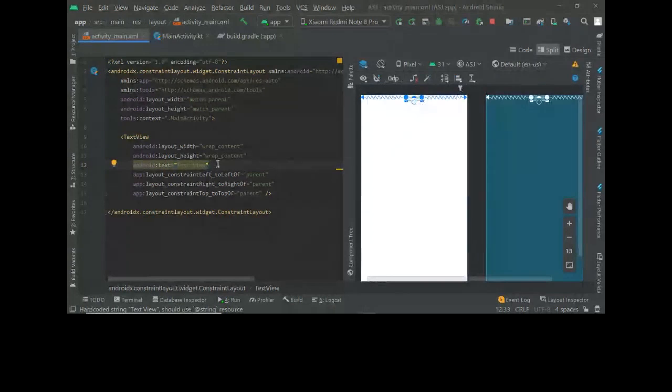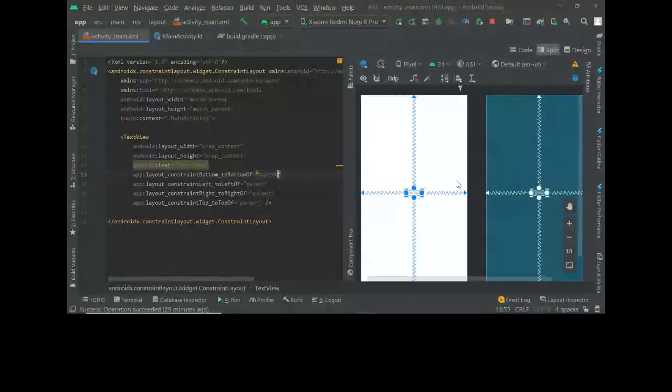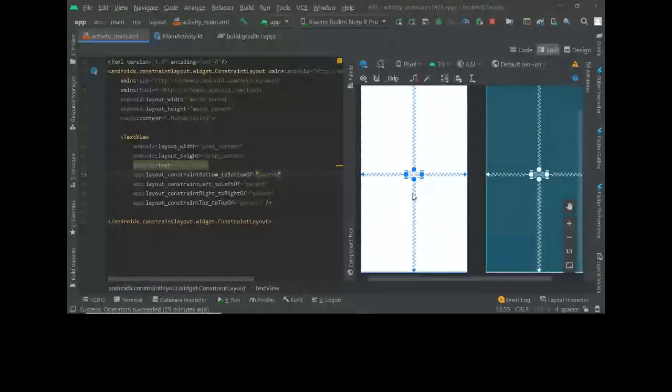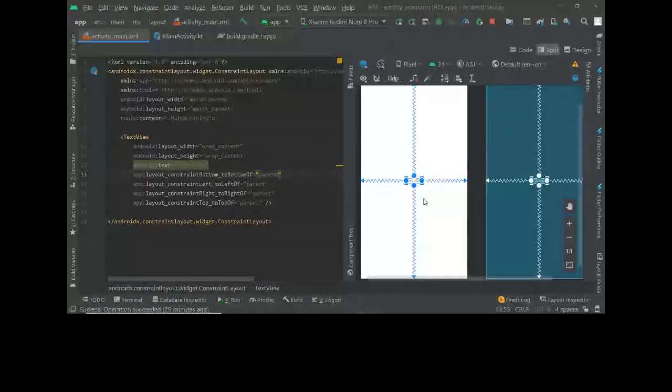What this constraint bottom to bottom does is it brings the text view to the middle, because since you're constrained to top and bottom as well, the only place it can go is the middle. Like you can visualize it, right? If something is pulling you equally from both these sides, you're going to be at the center. So that is how this works.